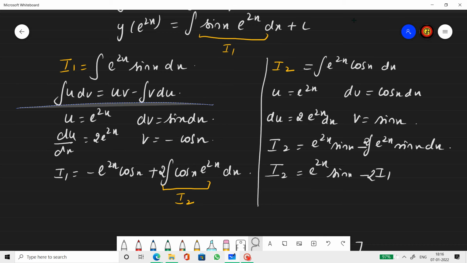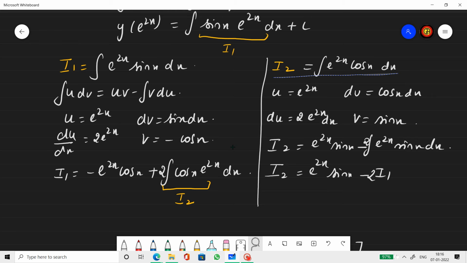Then put it in the formula. Since the integral of u dv is what we have taken as I1, it equals uv minus integration of v du. So we get plus 2 here because of this 2. This minus makes the other minus a plus. Now this is I2. Again we are getting a product form, so we take this, without the 2, as the integral I2.